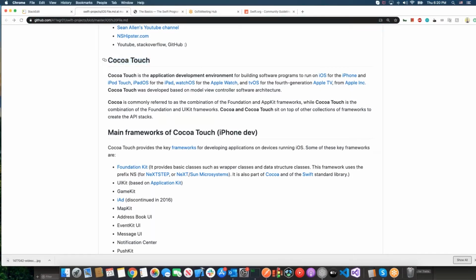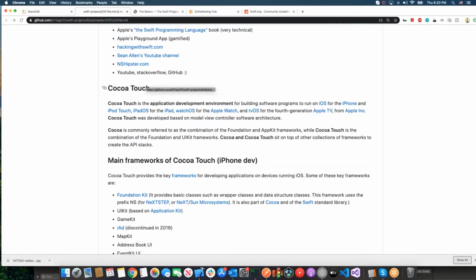So when you start developing in Xcode and create a new instance of an object for your app, it will ask you something about Cocoa or Cocoa Touch. And the fun part is it's not really covered in the Swift programming language book, and it wasn't covered well in the documentation whatsoever. So I just wanted to mention what it is. It's an application development environment, and Cocoa Touch means that you can develop for iOS, iPhones, tvOS, Apple Watch, and iPadOS